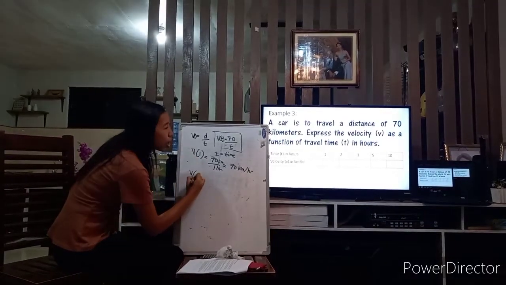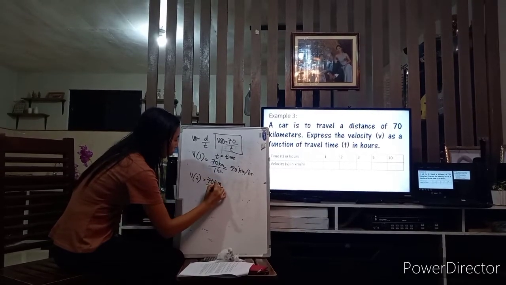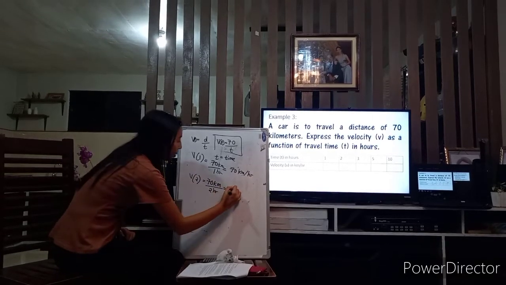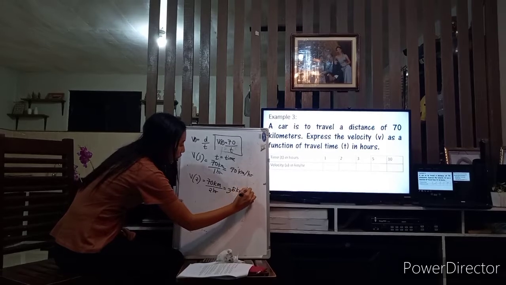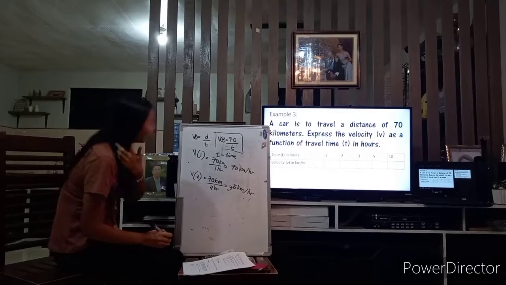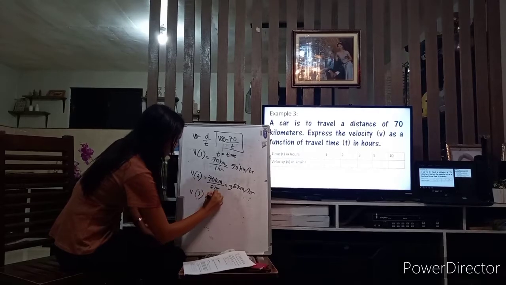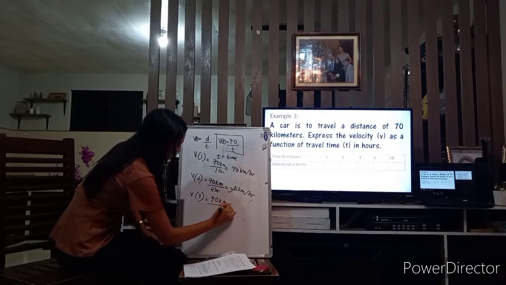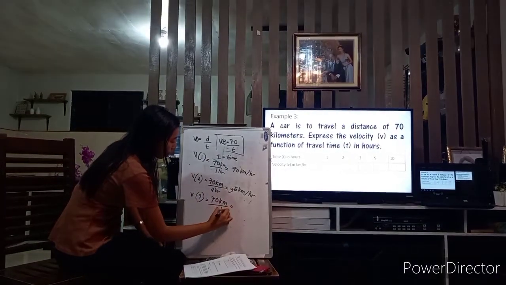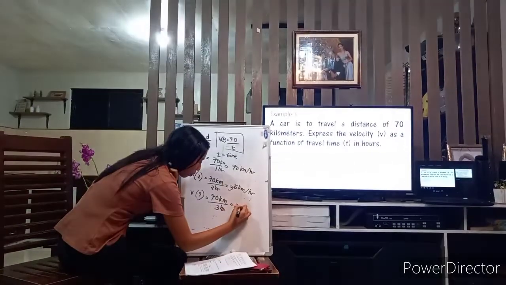Next, we have v of 2. That is 70 kilometers over 2 hours, and that is 35 kilometers per hour. Correct? Check. Next, we have v of 3, which is 70 kilometers over, we substitute t with 3, so that is 3 hours. The final answer, in your table, is going to be 23.33